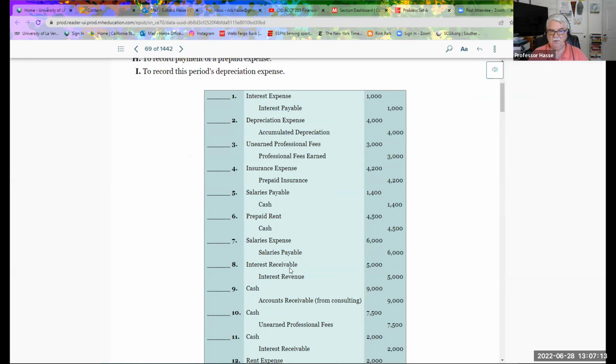But at the end of this period, it's considered debit interest receivable, asset, credit, revenue. We've incurred the interest, but it remains unpaid. Transaction 9,